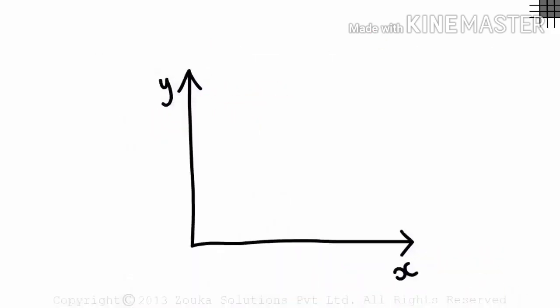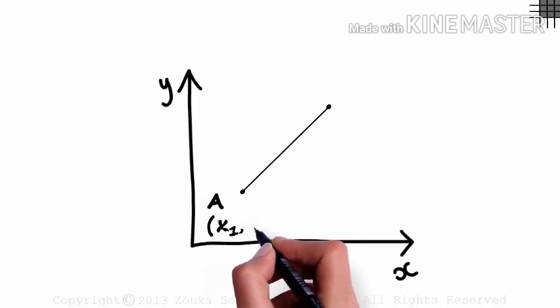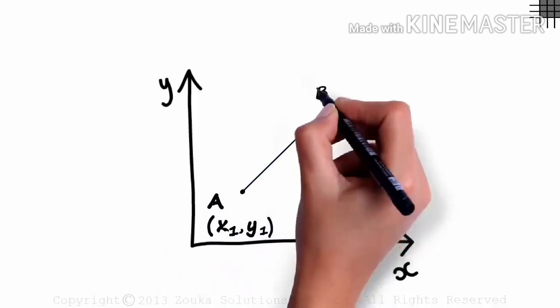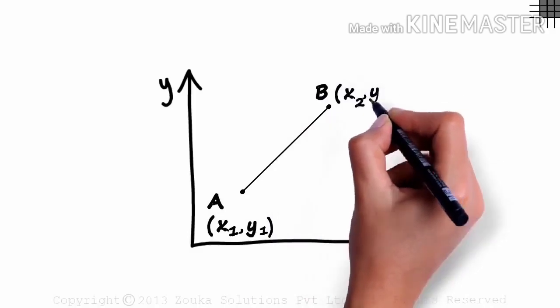Saw how we could find the length of a line which was neither parallel to the x-axis nor parallel to the y-axis. But the procedure to find the length was a bit lengthy. To avoid repeating the same procedure again, we can generalize the formula to find the length of such a line. Let one of the endpoints be A, x1, y1, and B, x2, y2.